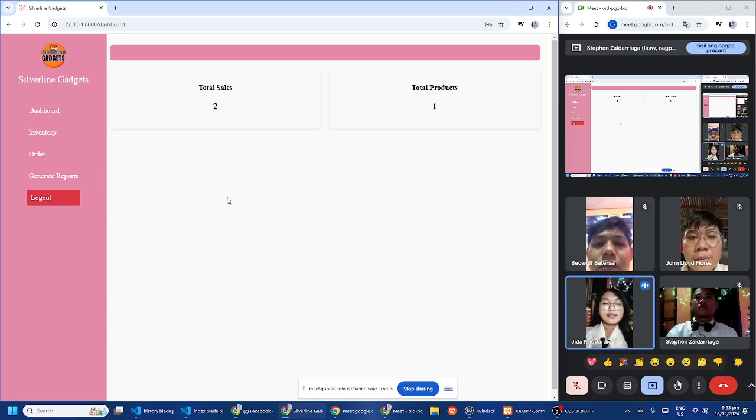The total sales. This section displays the total sales made within a specific period. It helps the admin or business owner keep track of the company's revenue performance. And the total products. This section shows the total number of products currently available in the inventory. It provides an overview of stock levels to help manage inventory efficiently. And next,